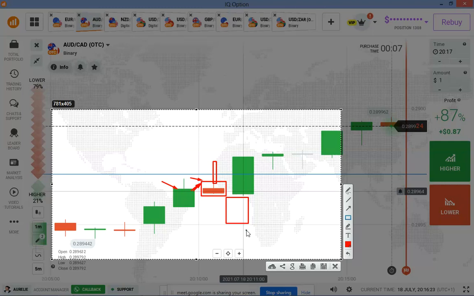The market is now ready to reverse. That is what this gap means. But when the price opened on the same level as the previous closing price, this indicates that the market is not ready to reverse yet. You see that the market closed and opened on the same level, and this candle is weak.